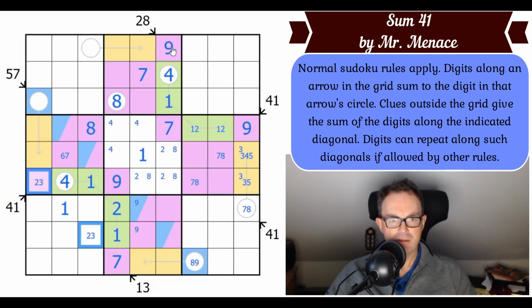Can we... I'm not even sure where to look, to be honest. What is the natural next step in this puzzle? Is it, oh, the 28 diagonal? I've now got 2 9s on that. So those two squares have to add up to 10, and they can't be...